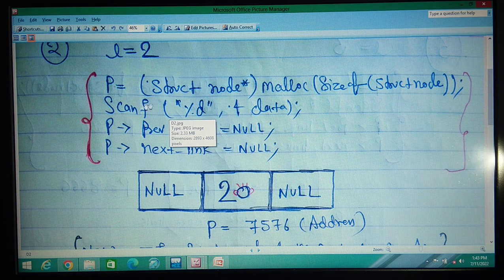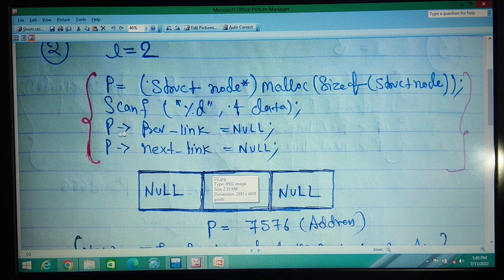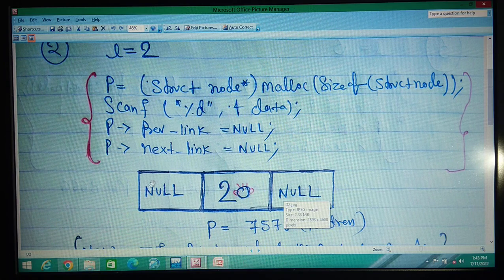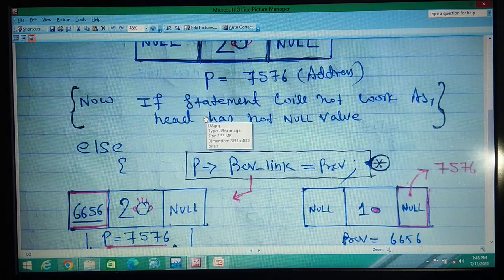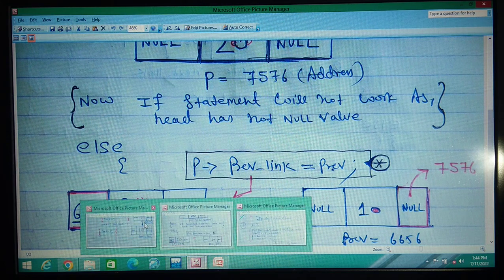So for i is equal to 0, you have created one node. Now suppose the user wants to add another node. How? Next time, same program, next time for i is equal to 1. Same lines again. At first, in the for loop we have written p is equal to something, everything we have mentioned here.